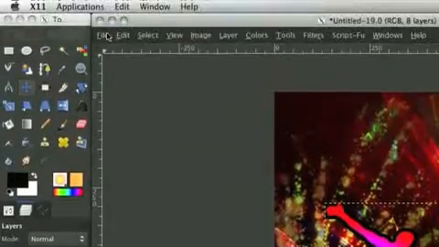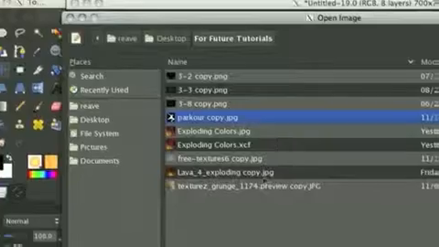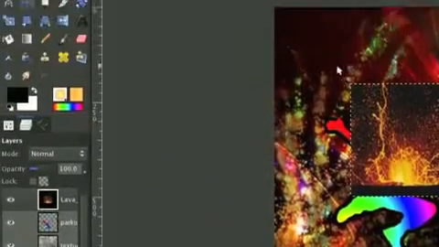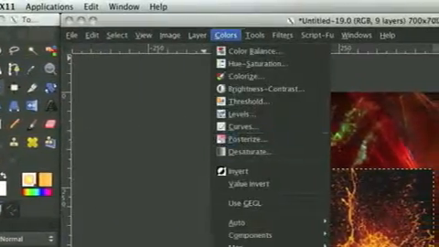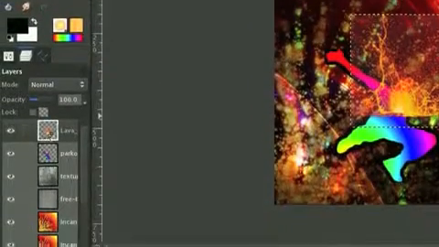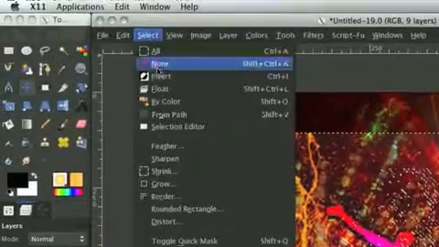Now we're going to go to File, Open as Layers, and we are going to open our final layer, which is the lava for exploding. And we are going to do Colors, Color to Alpha, and choose the color black. After having taken out all the black, rendering that out, we are going to click on that layer, and now we are going to move that across, right here, I'd say,